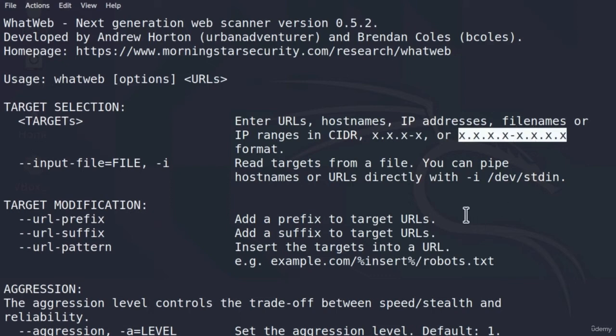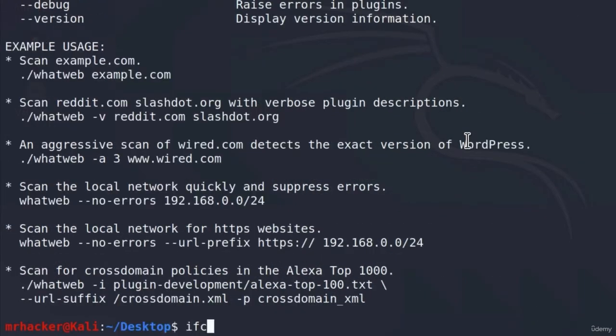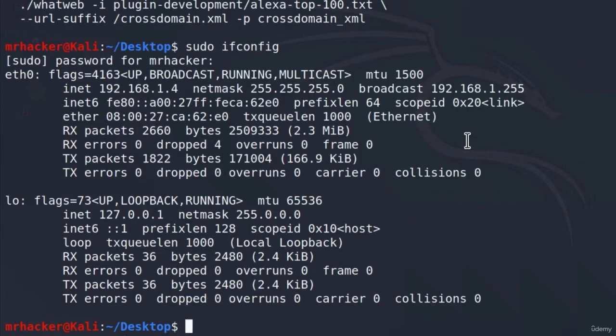And to know what range of IP addresses I should scan for my home network, I can type down here the command ifconfig or sudo ifconfig, since remember, this requires root privileges. Press enter, enter our password, and we can see that my IP address is 192.168.1.4, and what's more important than the IP address in this case is the net mask. And my net mask is